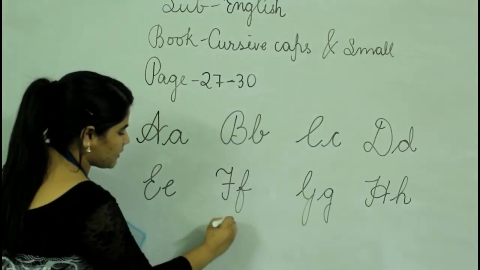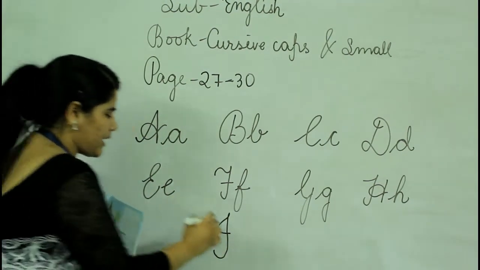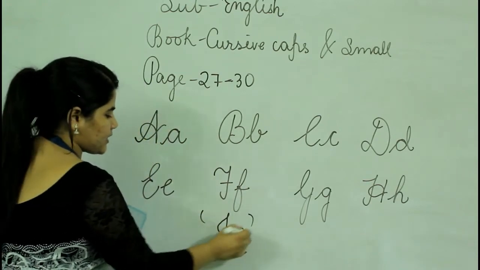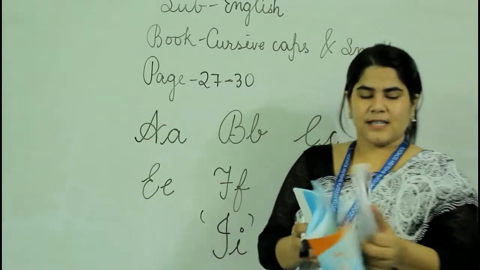So in this way you will start, okay? In this way you will finish up, okay? And for small letter, 2 lines, okay? In this way, very easy. So this is the main letter that we have learned today, and along with this book, this is the homework,